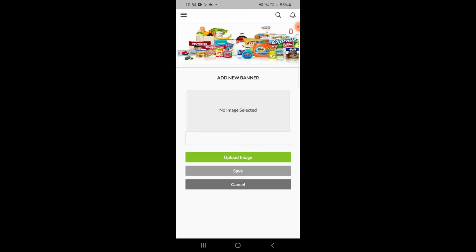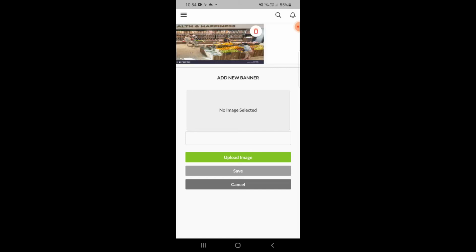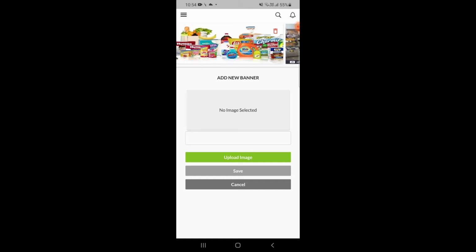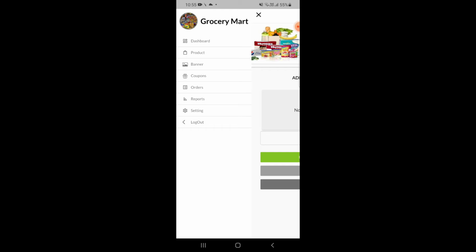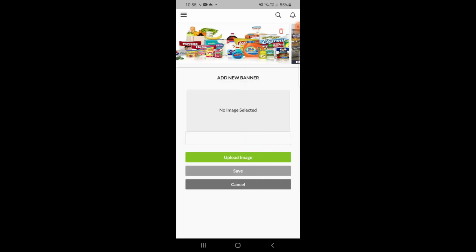And we can also delete if we want from this above delete option. Now this is the entire vendor application. Now we will have a look at the delivery boy application, which is the final application with respect to the apps present. And we also have one admin portal that will control the major functionality, the business end of this application.